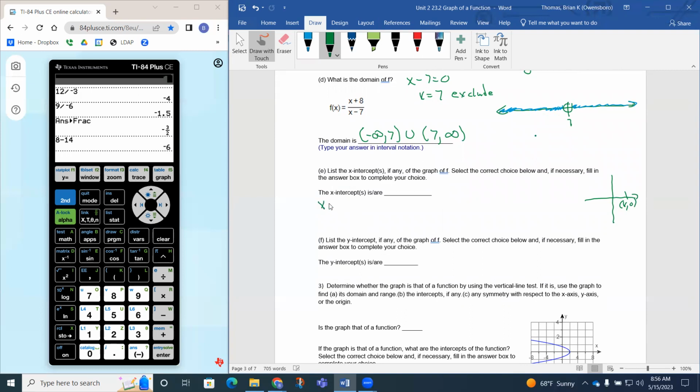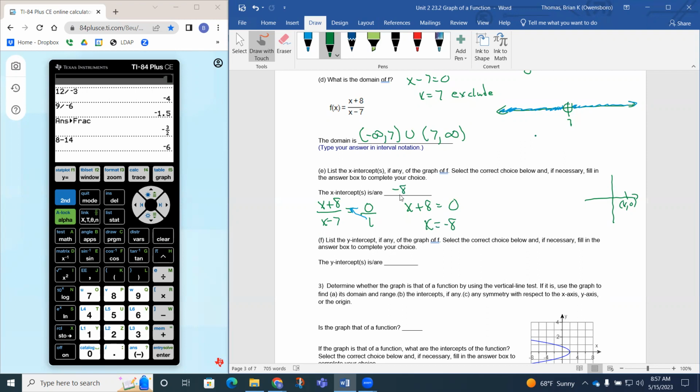So our equation becomes x plus 8 over x minus 7 has to equal 0. If we make this a proportion, we can cross multiply. When you multiply 1 times x plus 8, that's still just x plus 8. And when you multiply 0 times anything, so 0 times x minus 7, it just turns into 0. And so therefore, x is going to equal -8. So -8 would be your